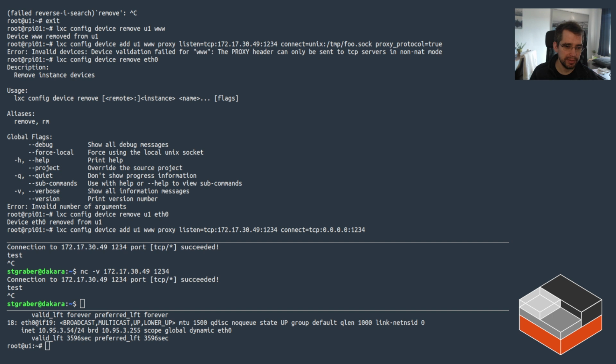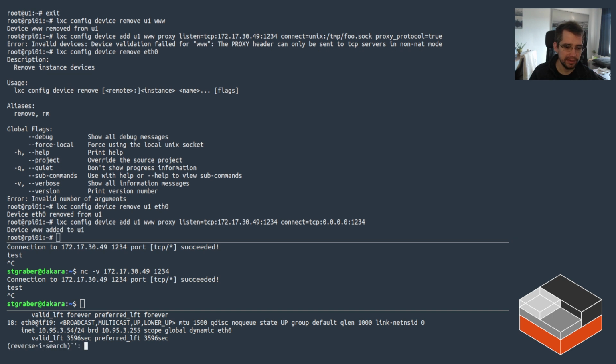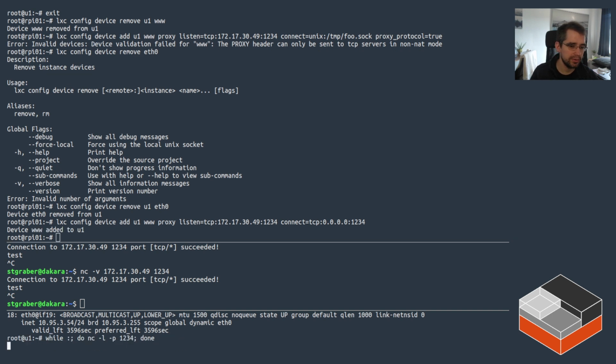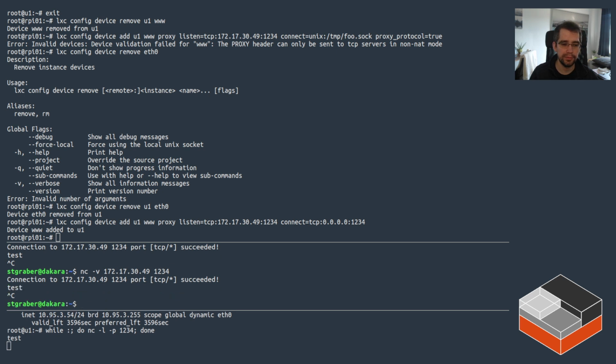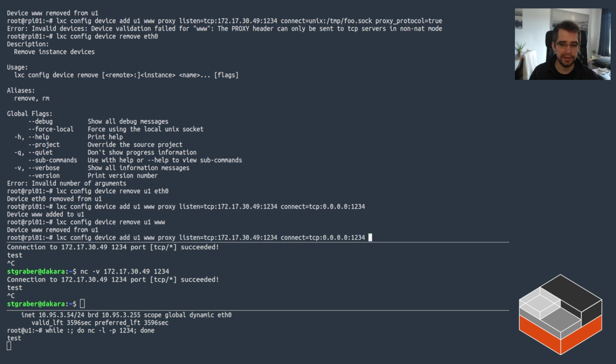If I do that one back, and I do the while loop, and I connect, this works, nothing special. The text came through, but the source information would be gone. You have no idea who you're talking to. Now, removing this device again and adding it back, but this time with proxy protocol true,